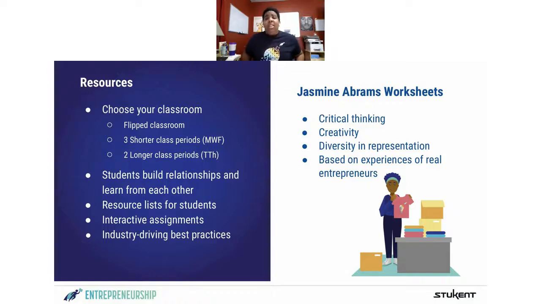I really also like the interactive aspect of the class, from the syllabus. And I haven't seen visual syllabi a lot either. I love that part of it. Shout out to Ariel. She was my graphic designer for this book. She did an amazing job. As you see right here, we have Jasmine Abrams folding one of her t-shirts. She's running a t-shirt business, which brings me to my other favorite part, Jasmine Abrams.